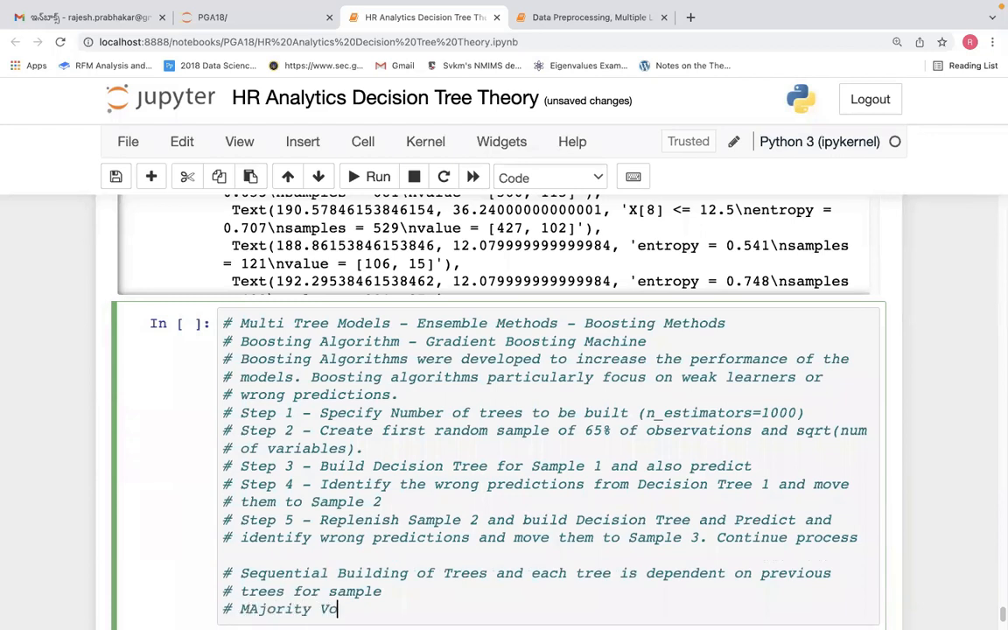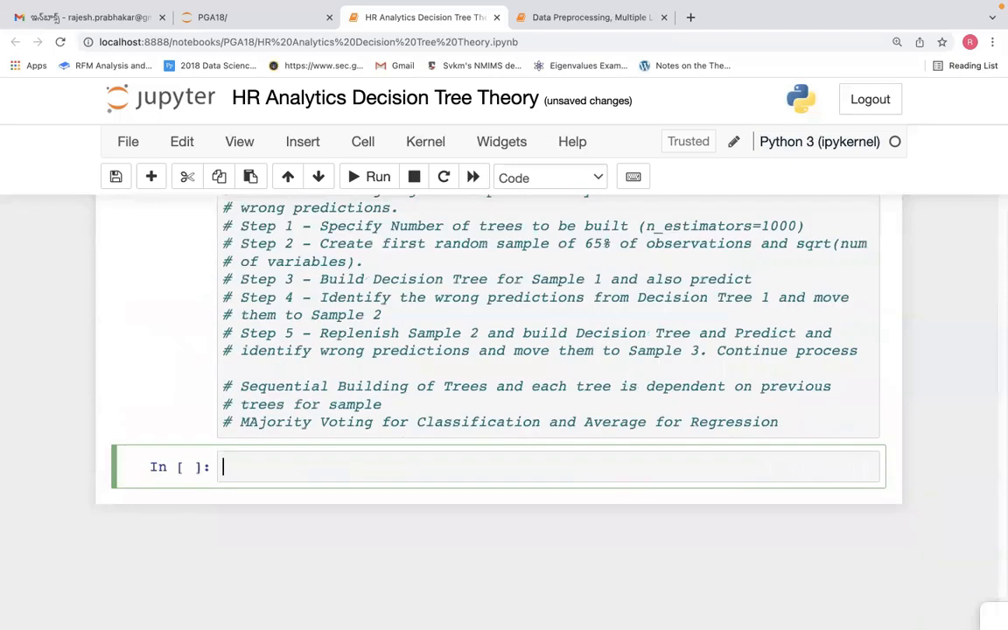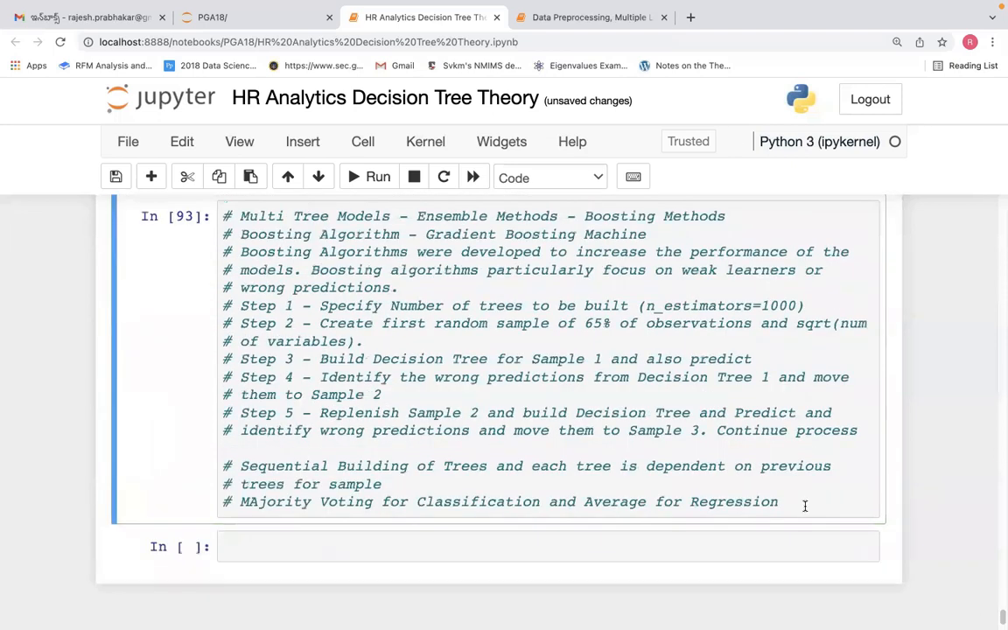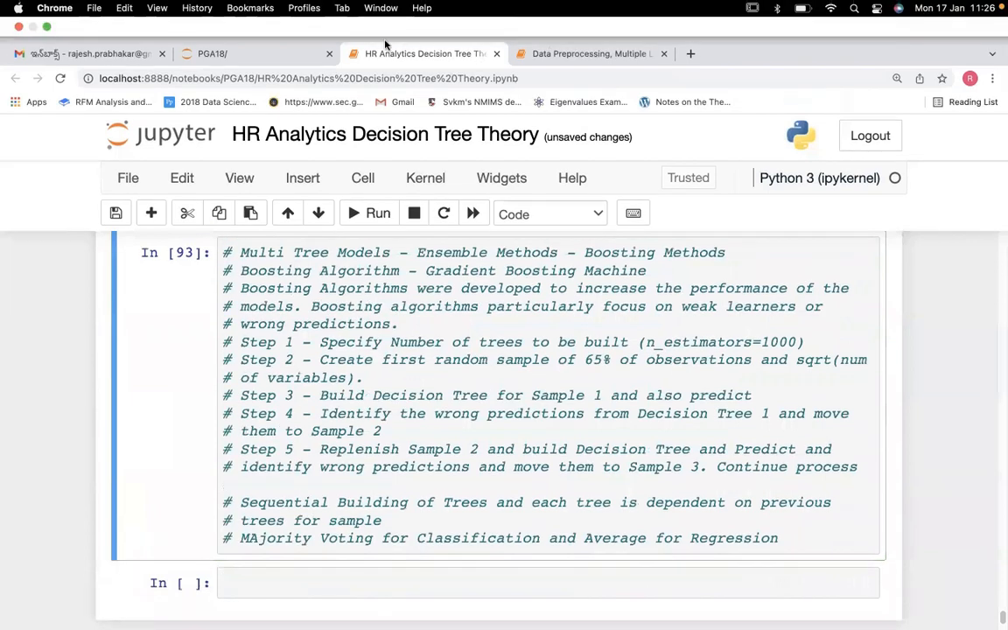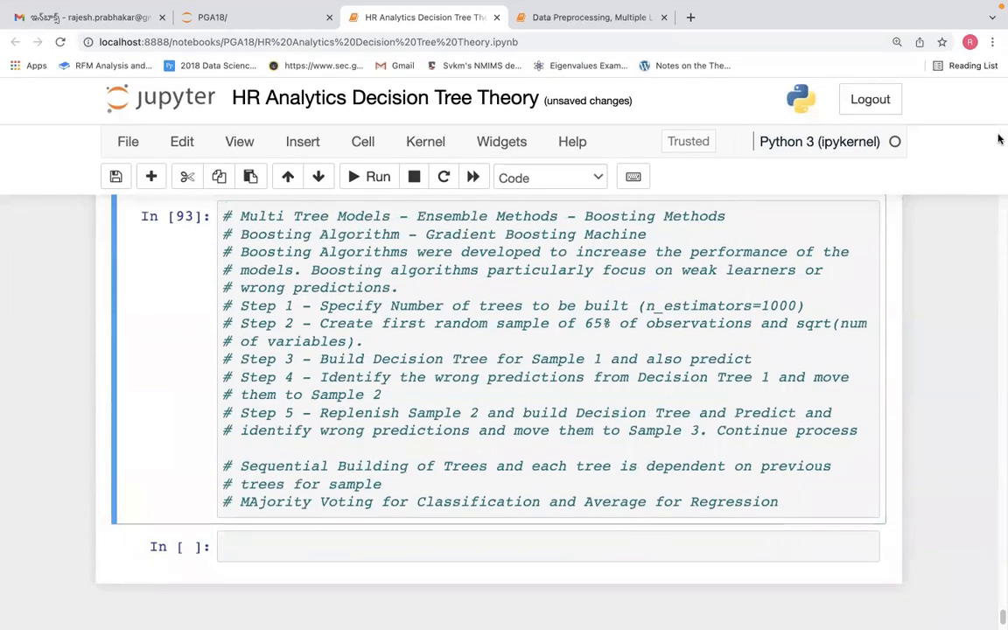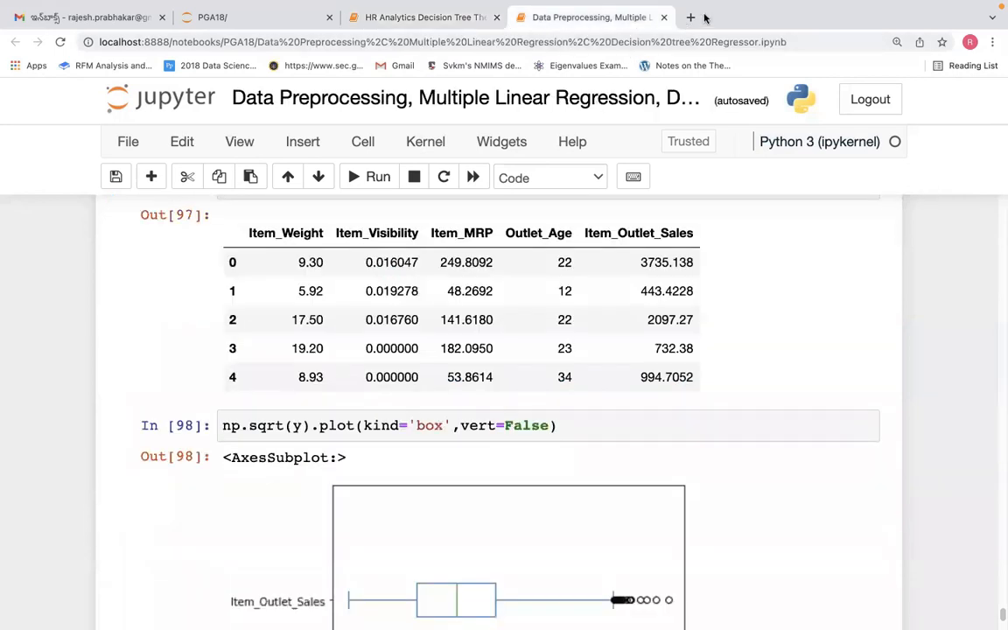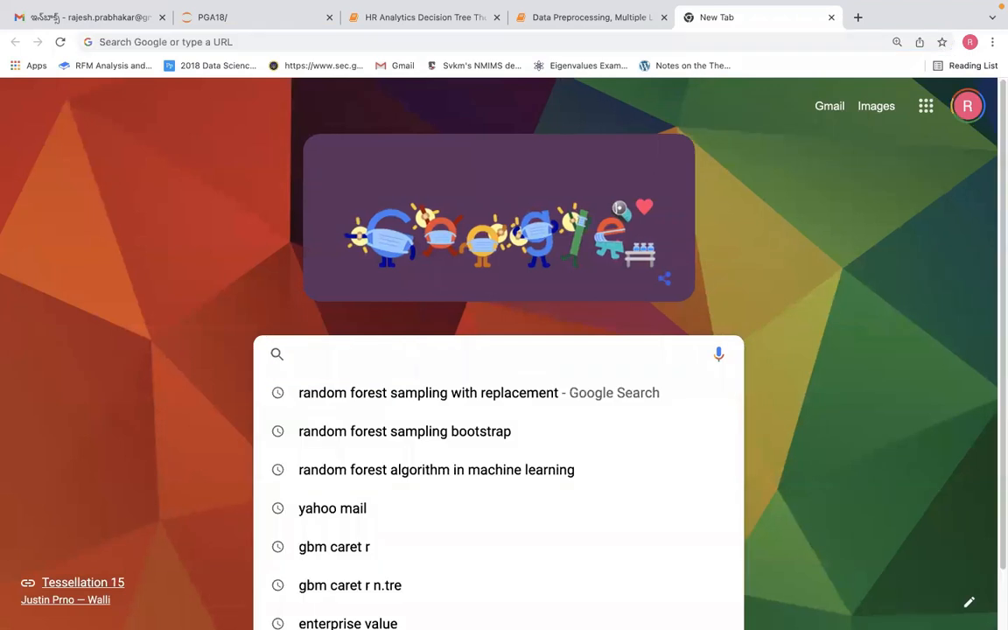Majority voting for classification and average for regression. So this is the final prediction that it will do based on the values. Everything is the same, Gini and entropy are used, like how we build the random forest. So here it is a sequential building of trees. Now, if you are looking at how the trees will look like,